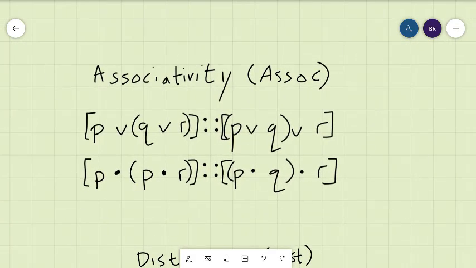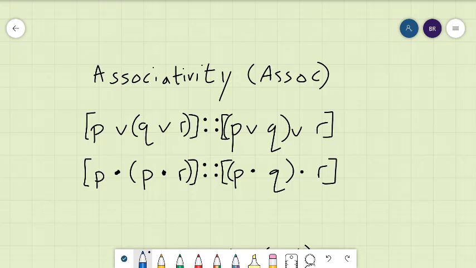Our third rule, associativity. This one is a little more complicated, but associativity tells you that if you have P disjunction, and then in brackets Q or R, you can, without adding or subtracting anything from the meaning of the statement logically, replace it with the logically equivalent open bracket, P disjunction Q, close bracket, disjunction R. In other words, if you have a line of